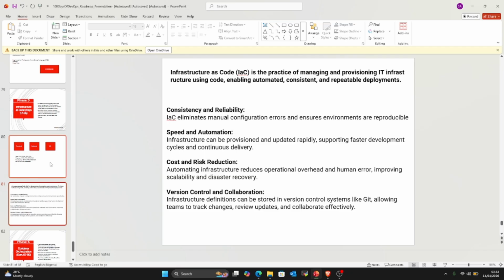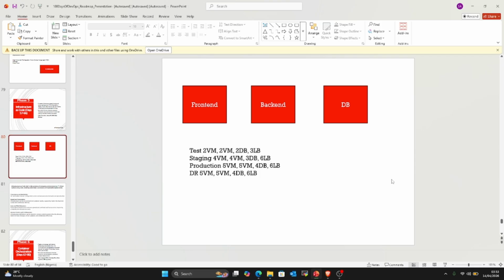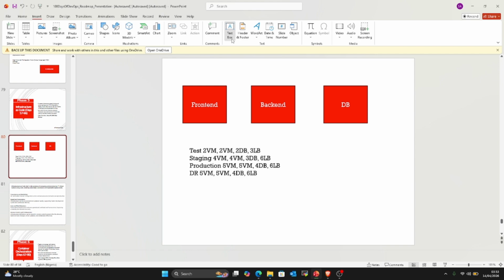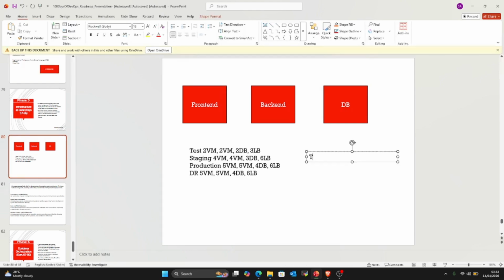So now there are different tools for infrastructure as code, and some of these tools, the first is Terraform. We have Pulumi.